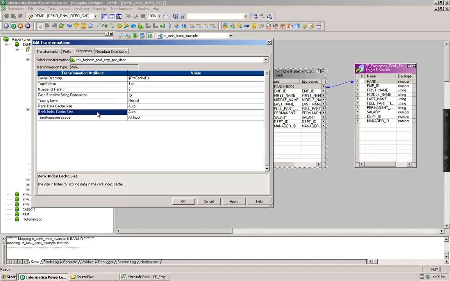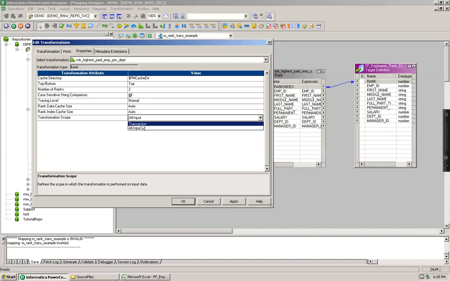One is based on the rank index, and the other one is based on the data which I am using for the rank. And the transformation scope by default is going to be all input. If you make it transaction, then it is going to calculate the rank for each record which is getting processed by the mapping. So I'm keeping it as all input. Just say apply, okay,